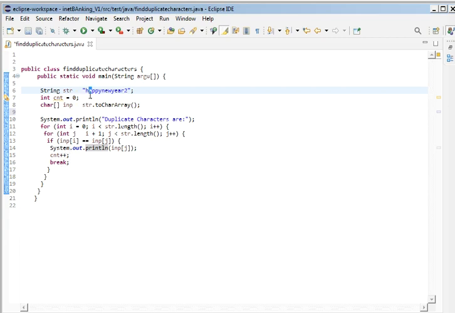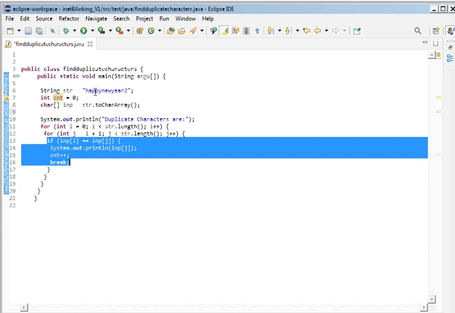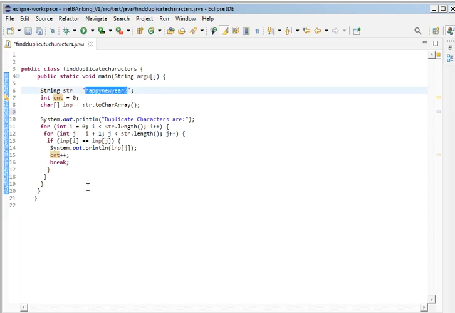In this case, it is not equal, so it will not increment the counter by 1 and will simply continue. It will continue doing this until all the elements in the character array INP are completed, and print the output accordingly.